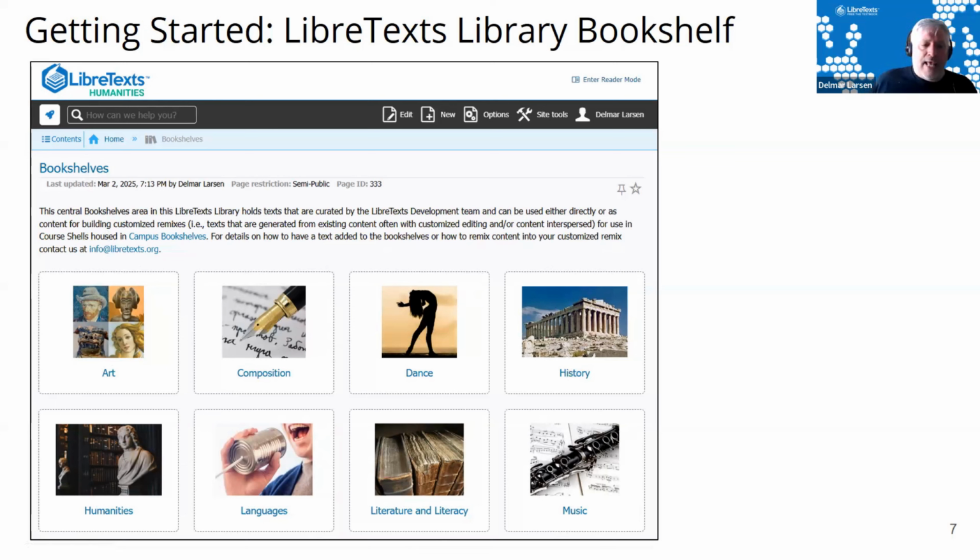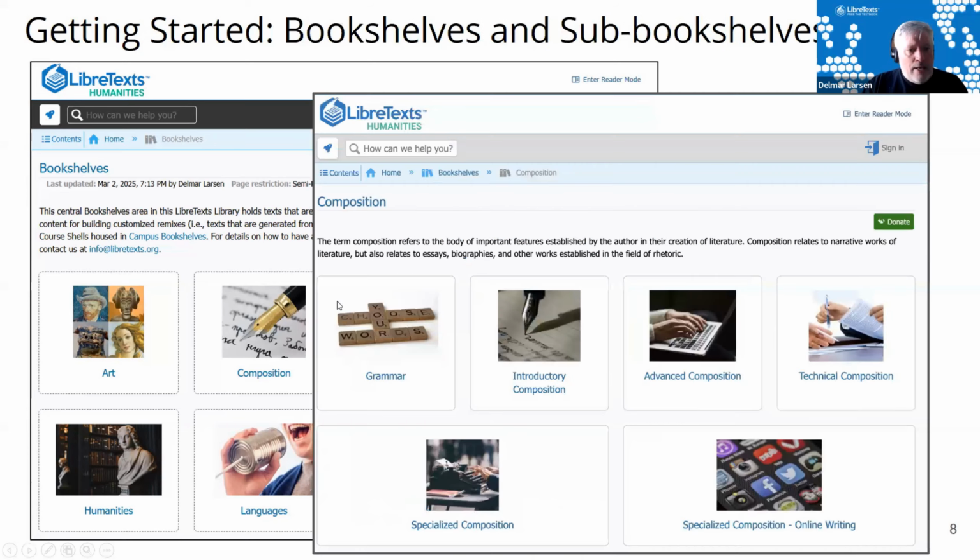And as we evolve and as we get more books and more areas, the bookshelves will start to flesh out a little bit better like that. It's something akin to the librarians going through and having their stacks and where they organize these stacks in different orders that's out there. So if you were to click on one of these things like composition, you'll then see perhaps books. In this case here, you'll see sub bookshelves because we have so many books dealing in composition.